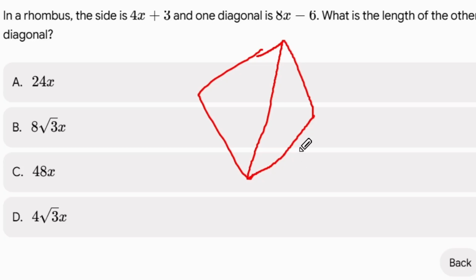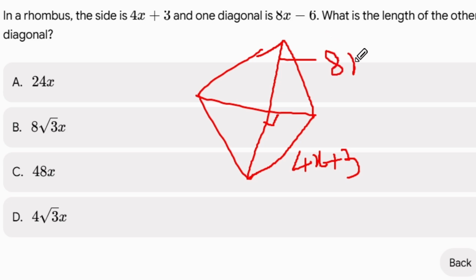This is the diagonal. Here this side is 4x plus 3. This is another diagonal. In a rhombus, diagonals perpendicularly bisect each other. This diagonal is 8x minus 6. Therefore this is 4x minus 3. Here the right angle triangle is formed. Therefore